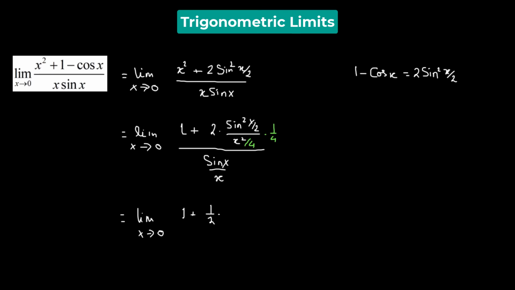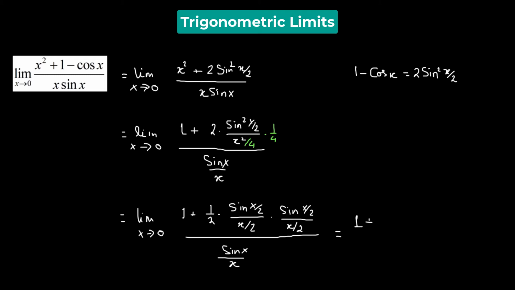us half. So we can rewrite sine squared x over 2 as the product of sine x over 2 divided by x over 2 times sine x over 2 divided by x over 2. This whole numerator is divided by sine x over x. Now we're going to apply the limiting value to each of the terms. So the limiting value of 1 will be 1, it being a constant. We have a half, which is a constant, multiplied to the limiting value of sine x over 2 divided by